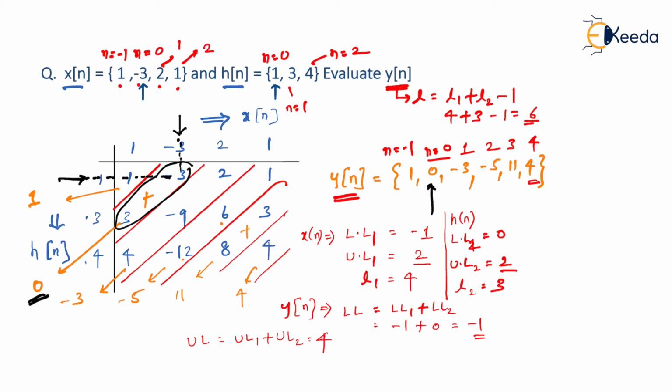So let us verify. In y of n, we have 1, 2, 3, 4, 5 and 6 samples. See, everything gets verified. And let me tell you, if these properties are known to you, most of the time you don't have to really solve the sum. Just by looking at the property, just by observing the length of sequence, lower limit and upper limit of x of n, h of n and y of n, sometimes some of the options get eliminated. If you're lucky, out of 4, 3 options will get eliminated, and without solving the sum, you will see what is the correct option. So the same property we will again verify for the previous sum that we have done.